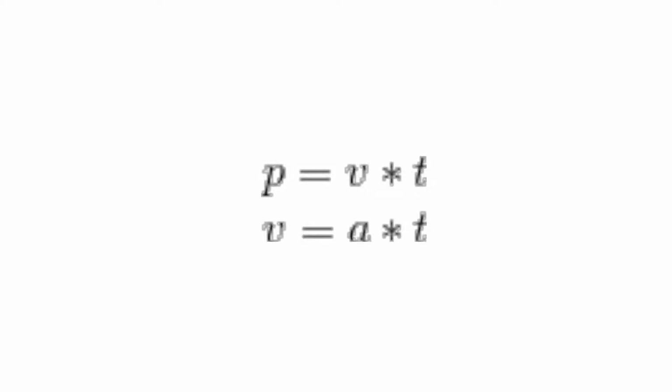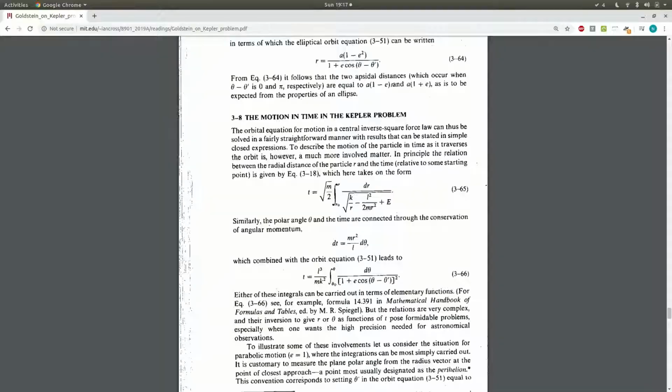The next equations we need are these, the equations for motion. If you don't already know, the equations for motion are super simple. Our position at any time t is just equal to the velocity times that time t. When our velocity is constant, this function is simple, but if our velocity isn't constant, this function gets a little more complicated. And if our acceleration isn't constant, which our velocity is based off of, it gets even more complicated,